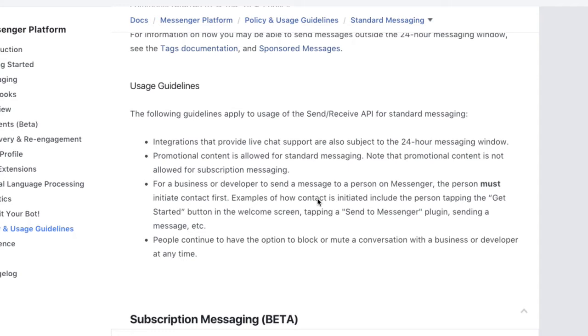Now, if they do that and it triggers, the message will be sent to them. Okay, and what you want to do is really prompt them and ask them. Okay, so let's just say that the Post Engage campaign that you set up is for a post where you say, hey, for this great free gift, comment I'm in below in the comment section, and I will contact you to deliver that free gift to you.